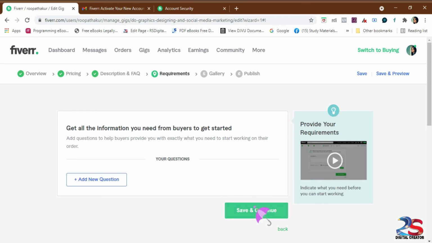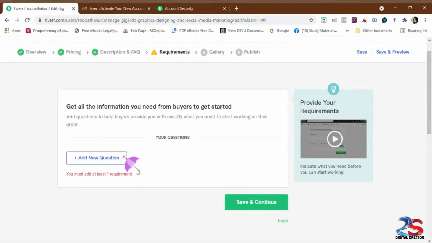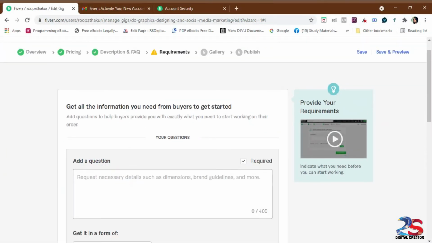One more question you can add here, like asking the requirements from the client. So if they interact with you, what are the requirements you want to ask the client? Those requirements you can post here. If you have some requirements like application status, so that they can give their details.